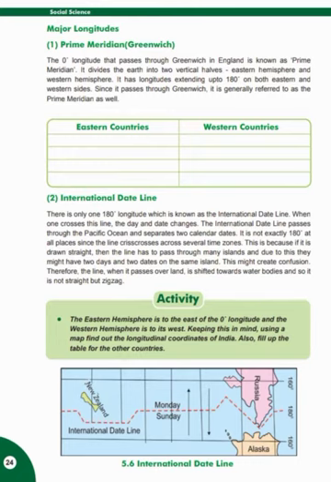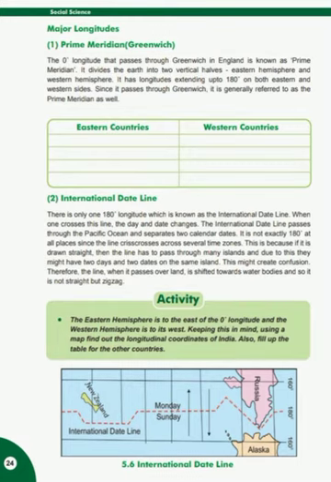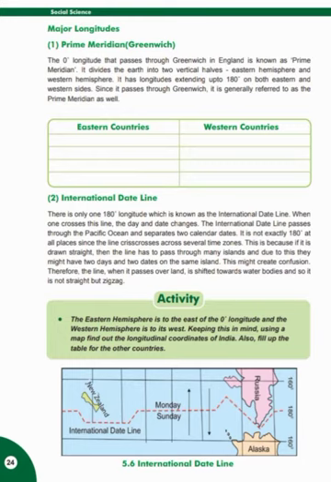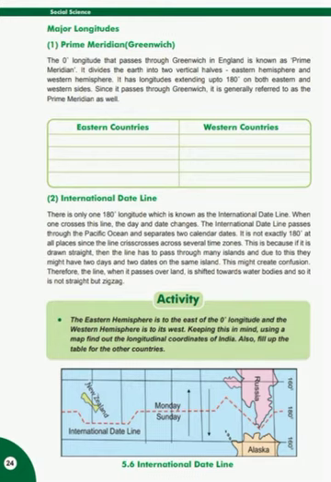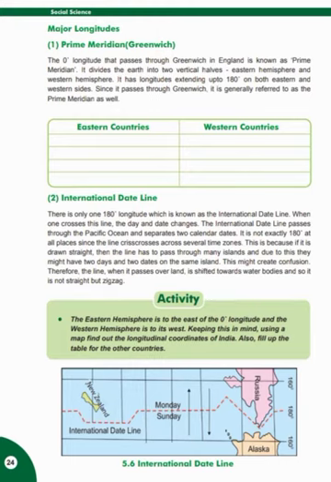Students, the 0 degree longitudinal line passing through the Greenwich suburb of London in England is called the Greenwich line. It divides the earth into two parts, that is, eastern hemisphere and western hemisphere. This Greenwich line or the 0 degree line is also known as the prime meridian. The area to the right of the 0 degree longitude up to 180 degree longitude is the eastern hemisphere, and the area to its left from 0 degree to 180 degree longitude is the western hemisphere.